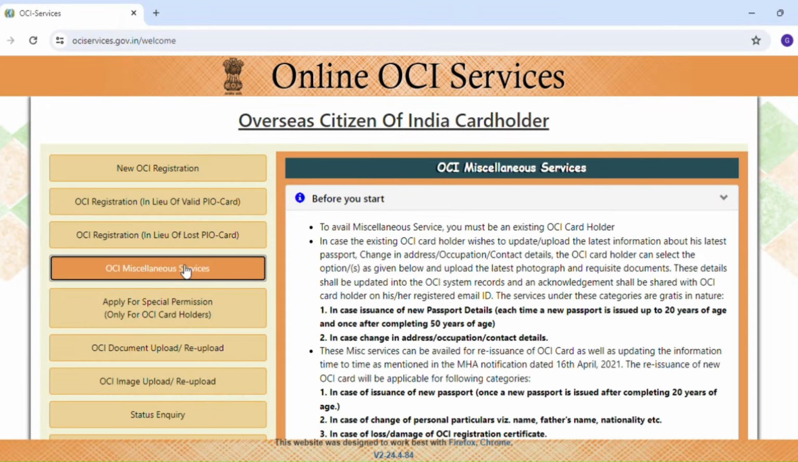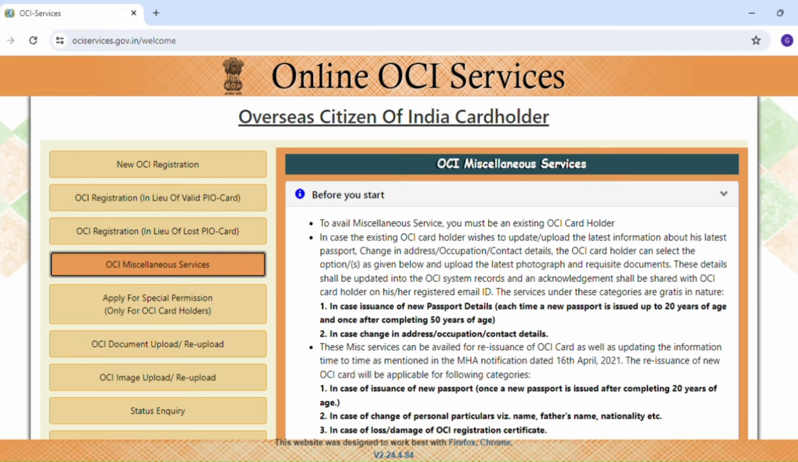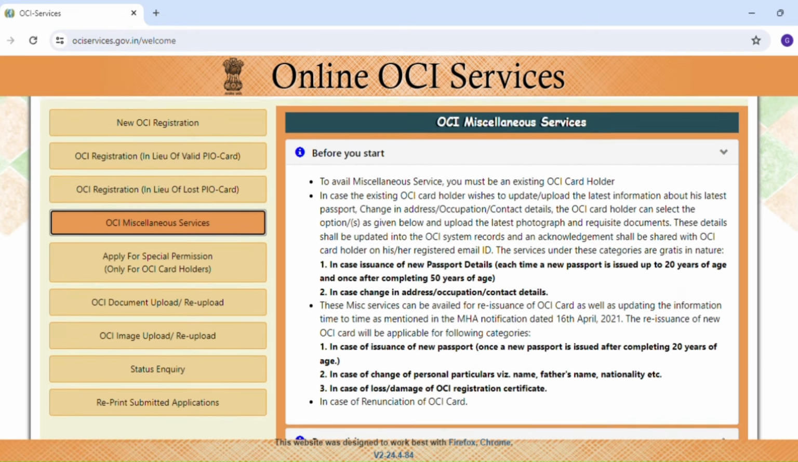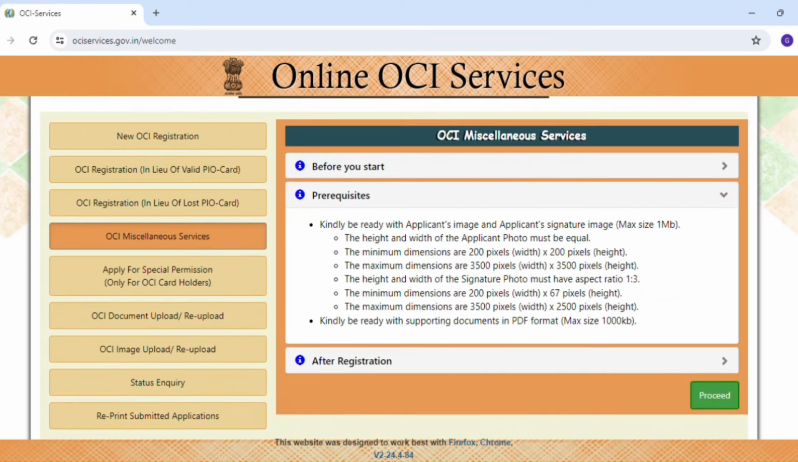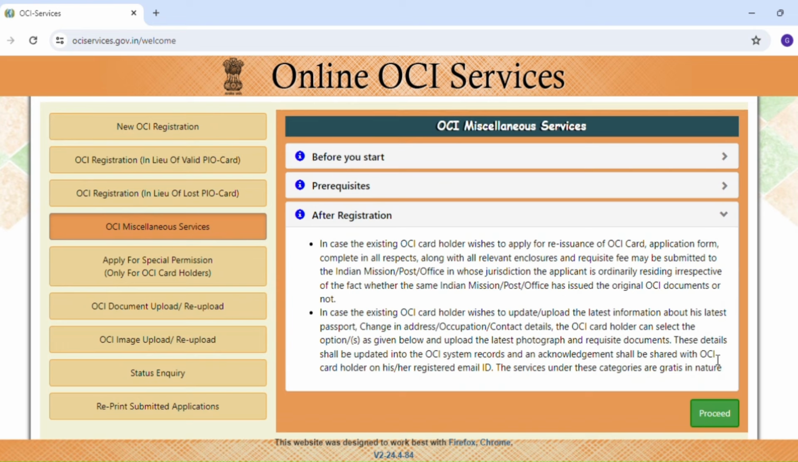So to avail this OCI update service, you have to go to the OCI website and choose OCI miscellaneous services, and then it will actually detail all the criteria that I just explained on when to update the OCI card and when to reissue it. So it gives you the prerequisites before you even start the application, and then after that it tells you about what happens after the registration process. So after you register for this OCI update service, you can still travel while this application is in process. It takes up to 4 to 6 weeks for this process to be finalized,